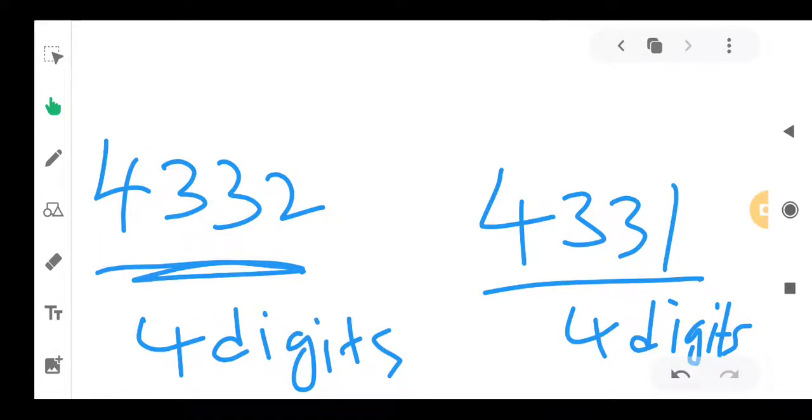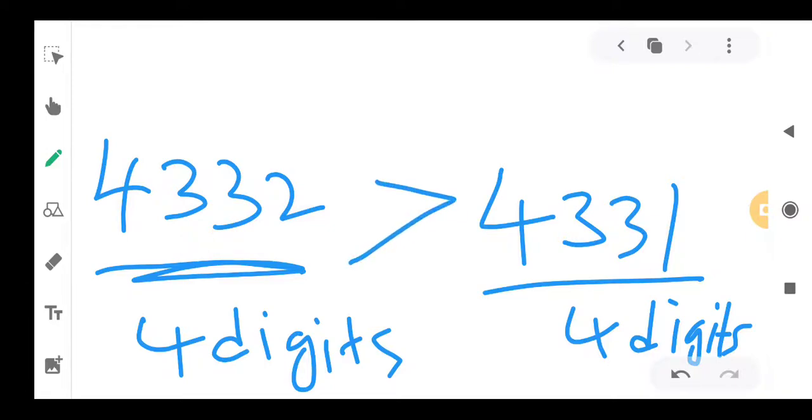So we have to go for the next number, that is 3 here and here also 3. So same numbers. Next we go for the next number, that is the tens place. Tens place has the same numbers, so they are equal. So next we go for another number. Here this is 2 and this is 1. So 1 is smaller than 2. So naturally this is the biggest number. So we have to put a greater than symbol here.